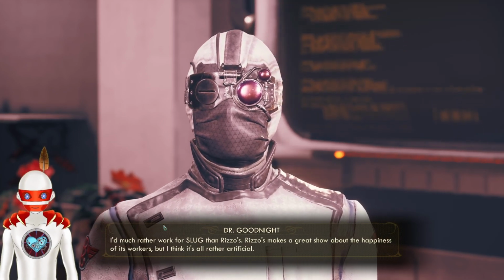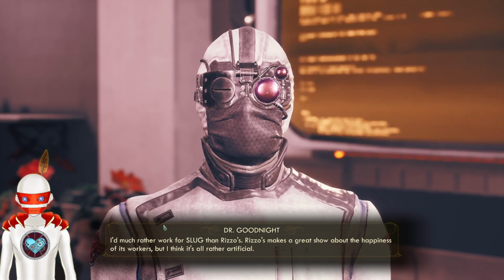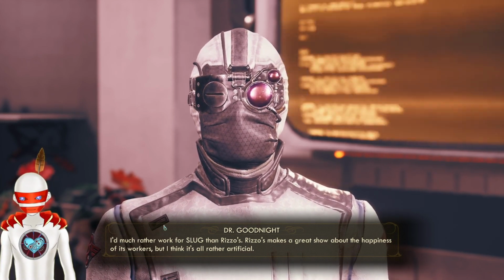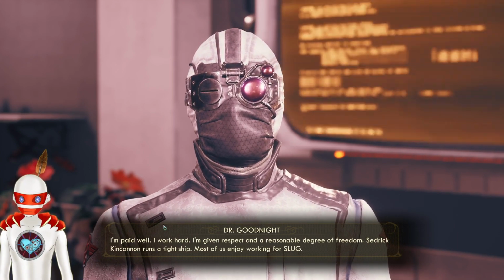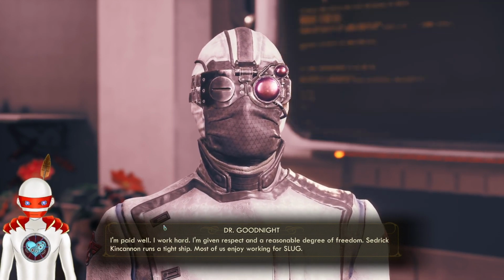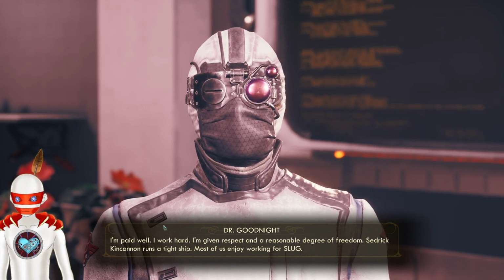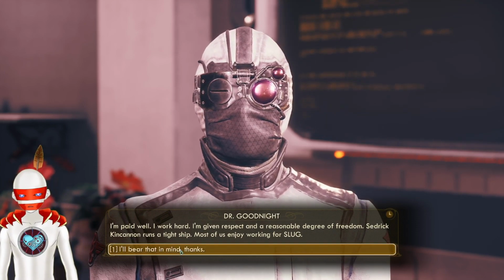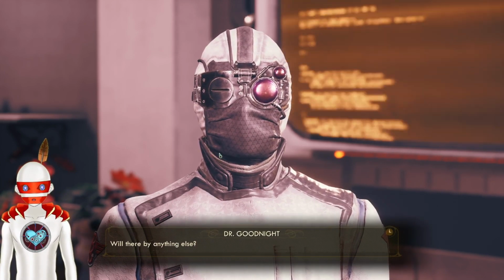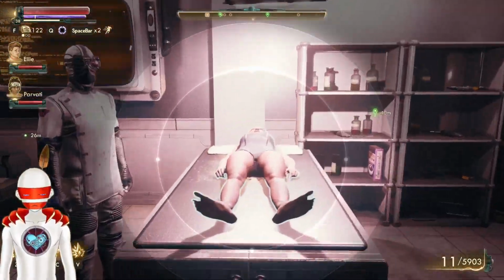It's good secret. I'd much rather work for Slug than Rizzo's. Fair enough. Rizzo's makes a great show about the happiness of its workers, but I think it's all rather artificial. I'm paid well. I work hard. I'm given respect and a reasonable degree of freedom. Cedric Kincannon runs a tight ship. Most of us enjoy working for Slug. Oh, okay. I'll bear that in mind. Thanks. Will there be anything else? We'll talk later. Something's...